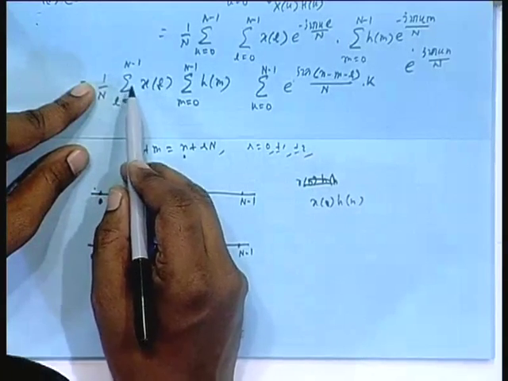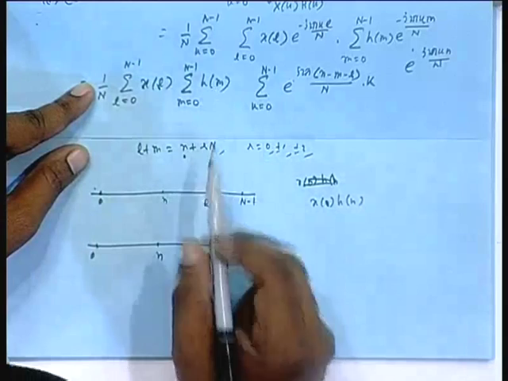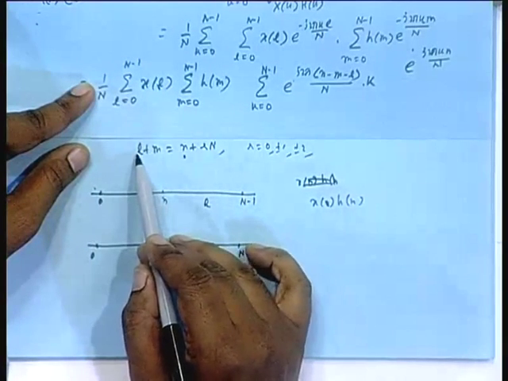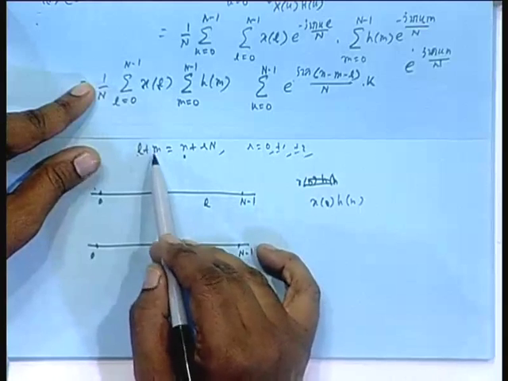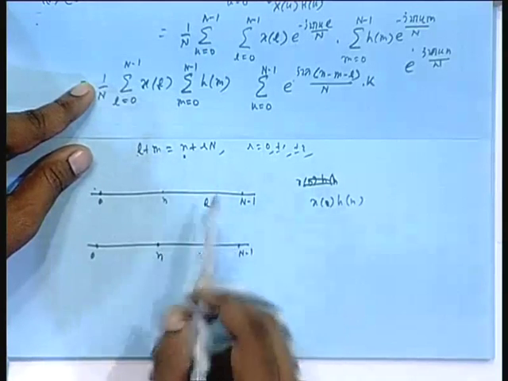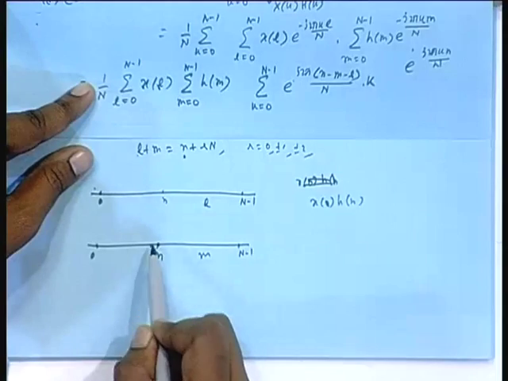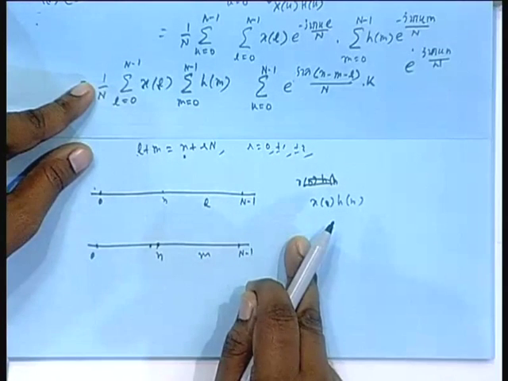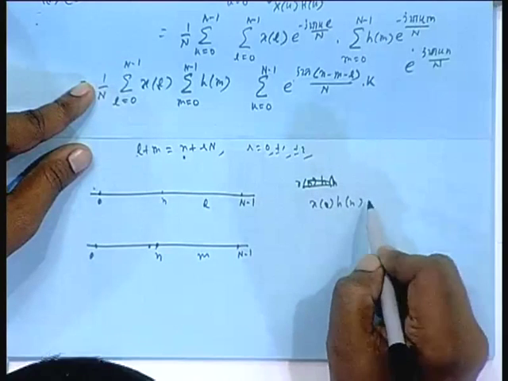L takes 1, the moment L takes 1, M should be what? N minus 1, so that this is satisfied. L is 1, n minus 1, you understand, this is increasing, this should decrease, so that summation is small n. M is n minus 1 or n minus 1 plus capital N, but that will go again beyond the range, so only n minus 1 is fine.